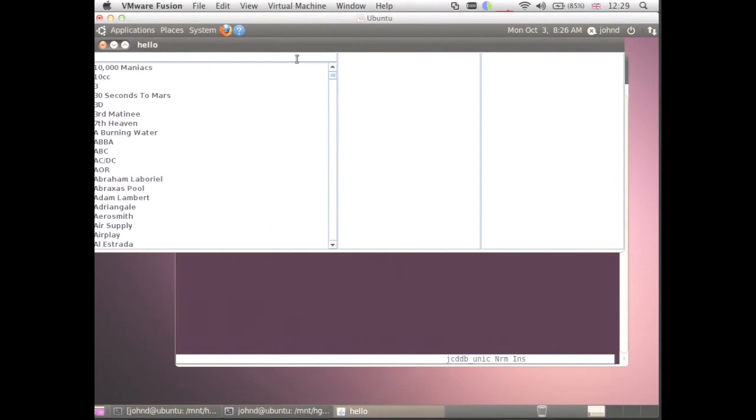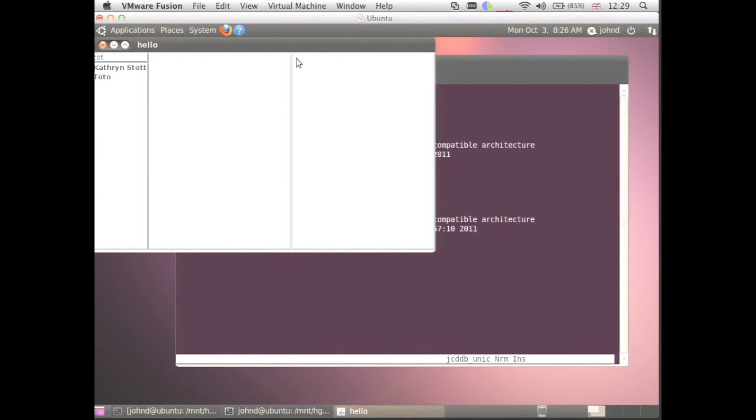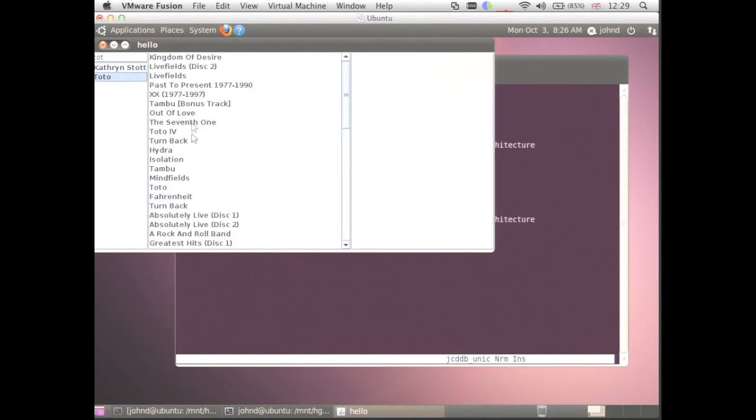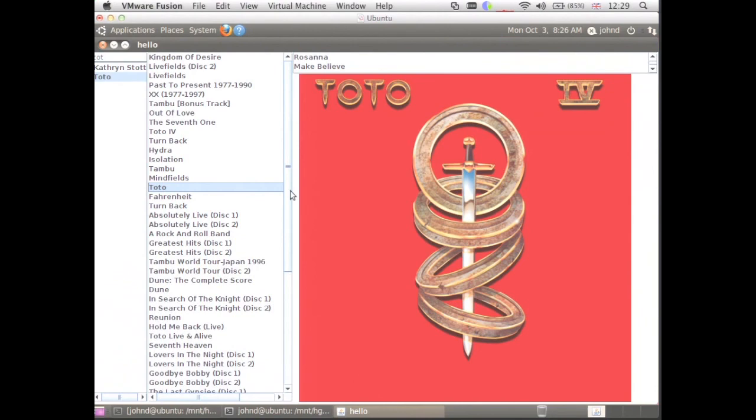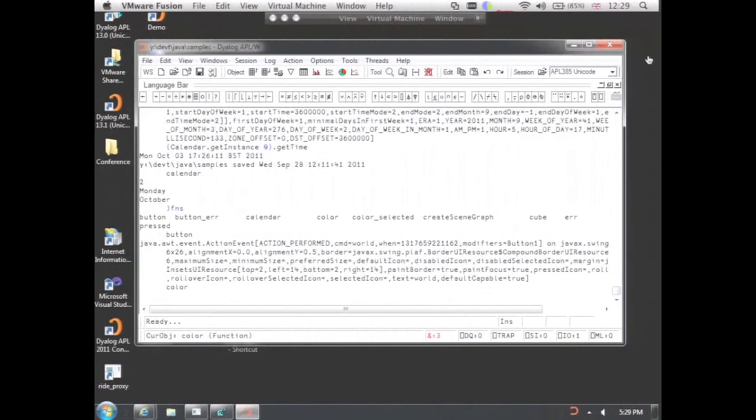We can filter through these. I always go to Toto, don't laugh at me. But when we make the selections here, we're using the Java widgets to display the tracks that are on the album and the bitmap that is the cover of the album. And of course, on a Windows platform,